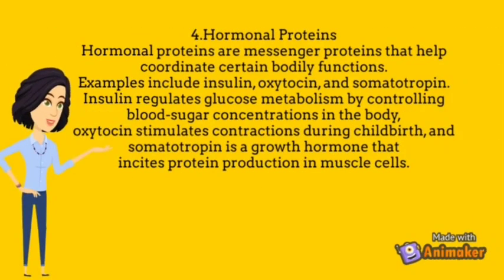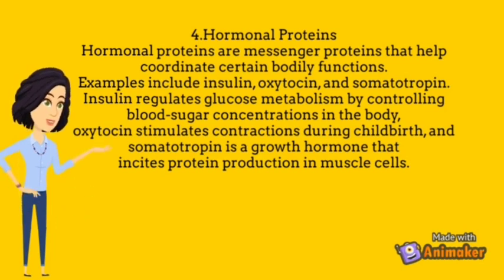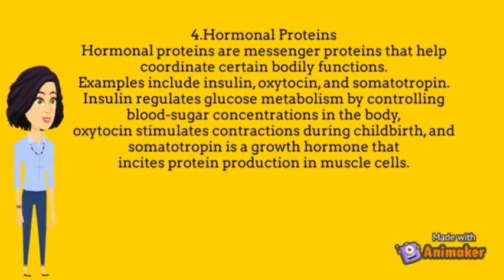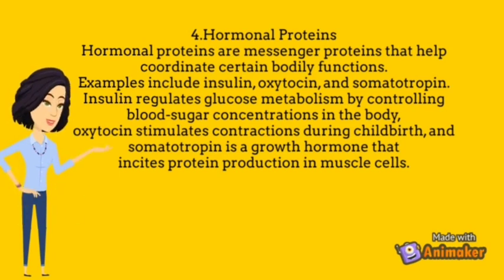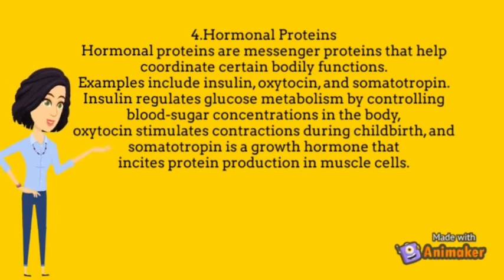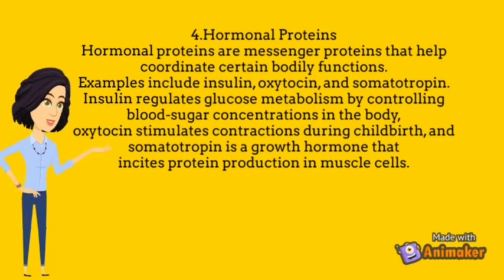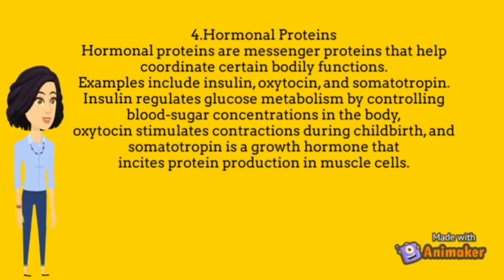4. Hormonal proteins. Hormonal proteins are messenger proteins that help coordinate certain bodily functions. Examples include insulin, oxytocin, and somatotropin. Insulin regulates glucose metabolism by controlling blood sugar concentrations in the body. Oxytocin stimulates contractions during childbirth, and somatotropin is a growth hormone that